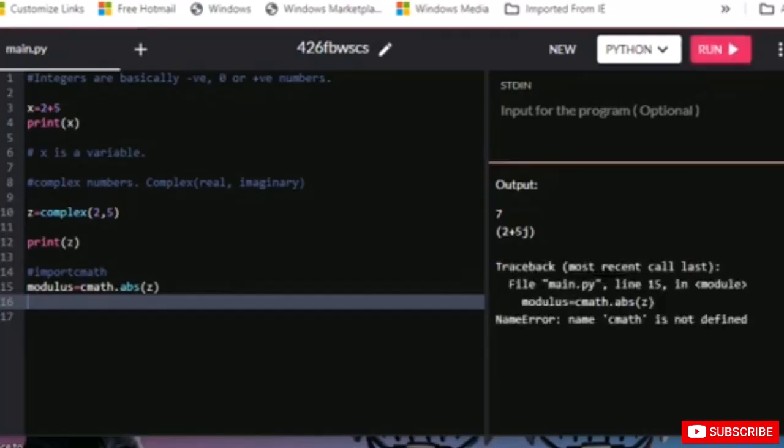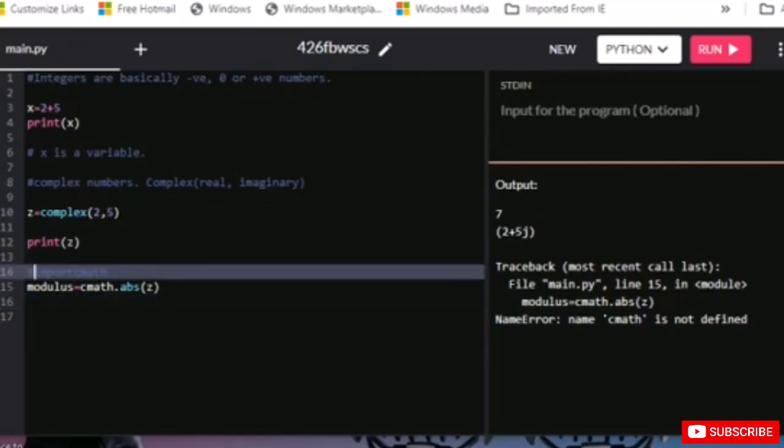Well, let me remove this one. Let's hit enter. So you can still see that import math is not defined here. Well, we can define that, and this is how you actually import that. We will try that again in a later part, but for now I hope you have understood the complex number, how it actually works. And let's try something else.